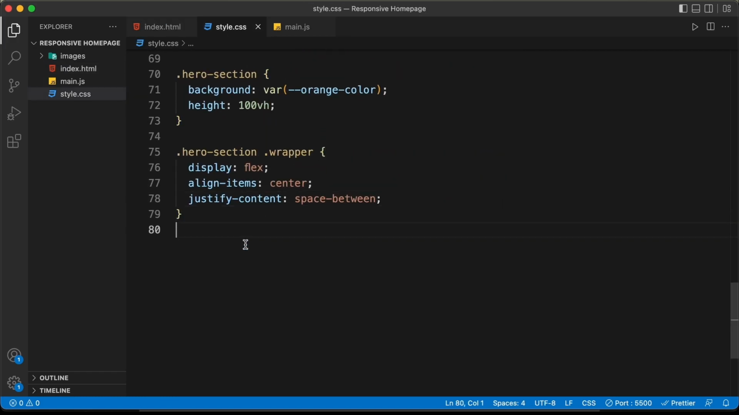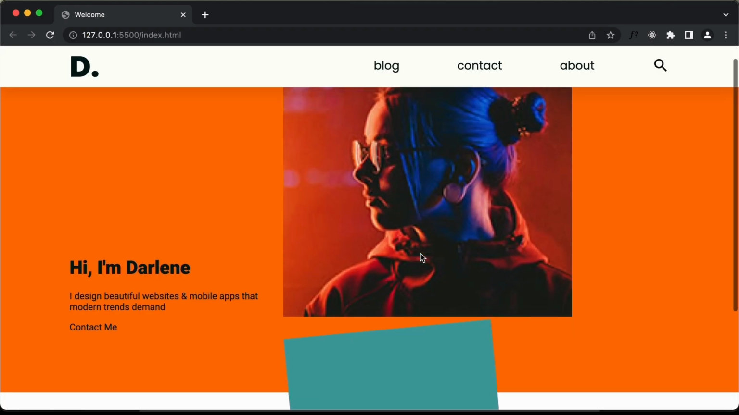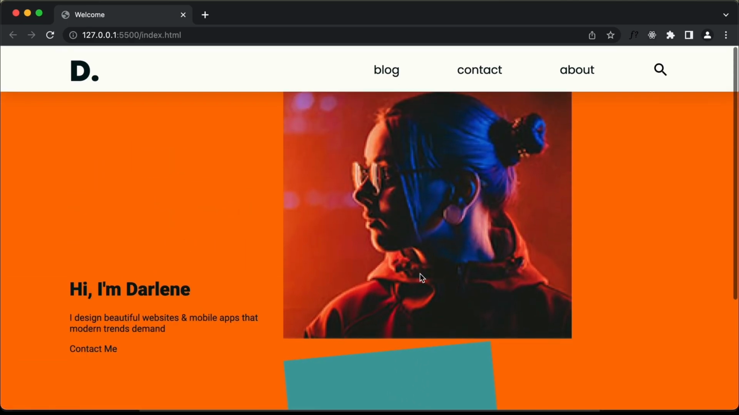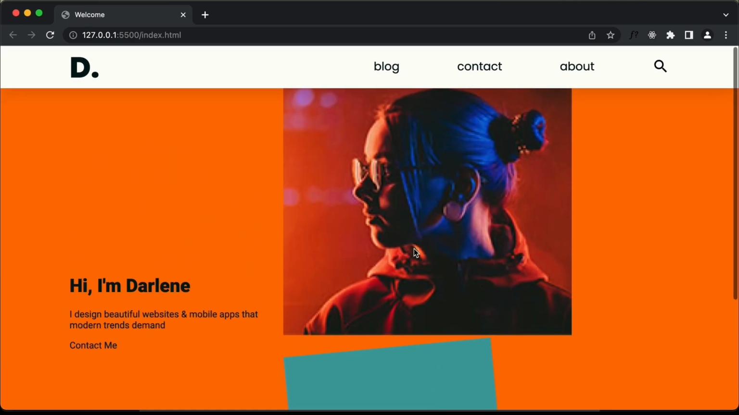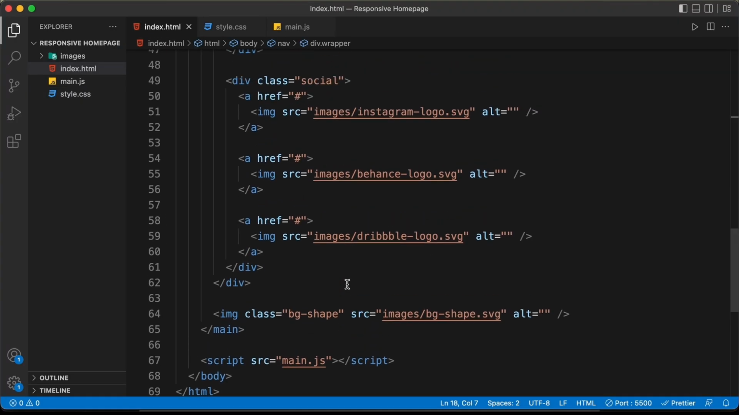So here I'll just create a comment, hidden items, and let's type hero section social and also BG shape, and let's set the display to none. And I think we'll also remove this background shape from here, and we'll create it using CSS and HTML. So let's go back to our HTML, and